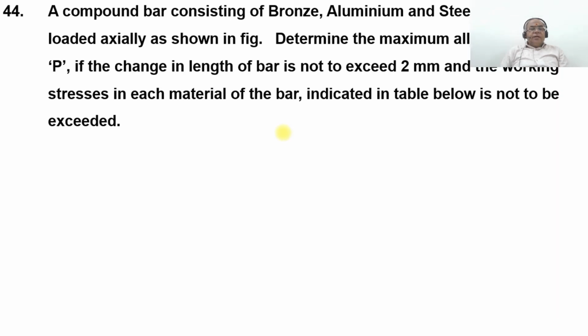Now, we will take up one more problem, the problem number 44. A compound bar consisting of bronze, aluminium, and steel segments is loaded axially as shown in this figure. Determine the maximum allowable value of P if the change in length of the bar is not to exceed 2 mm and the working stresses in each material of the bar, indicated in the table below, are not to be